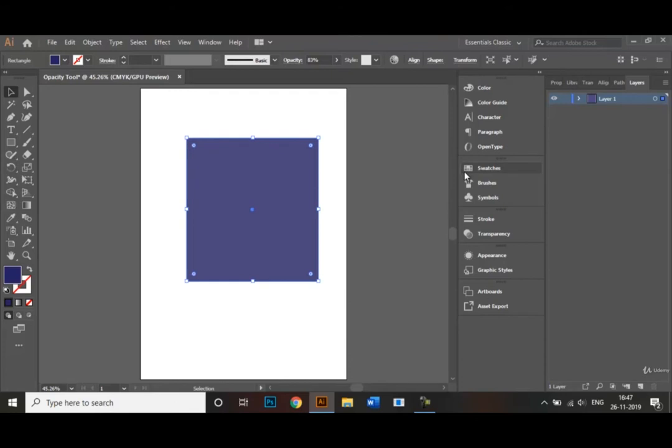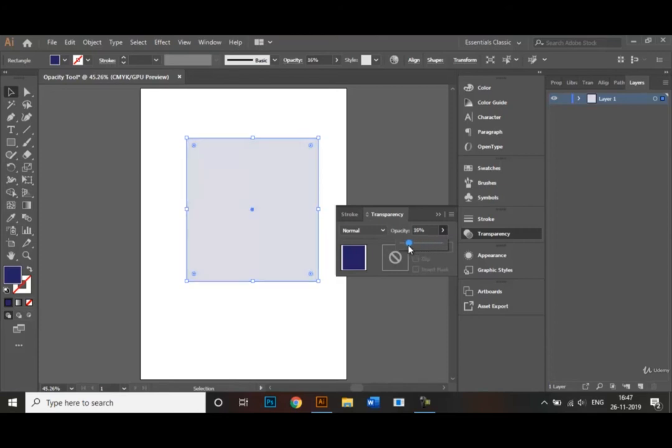Or you can also control the transparency by clicking on this transparency tool, which is located on the right hand side of your screen. So it's right here. You click on this, and similarly the opacity tool is here as well. So you can drag the slider in either direction and control the intensity like that. The higher the value, the more opaque it will be, and the lesser the value, the more transparent it will be, the lighter your shape is going to look.